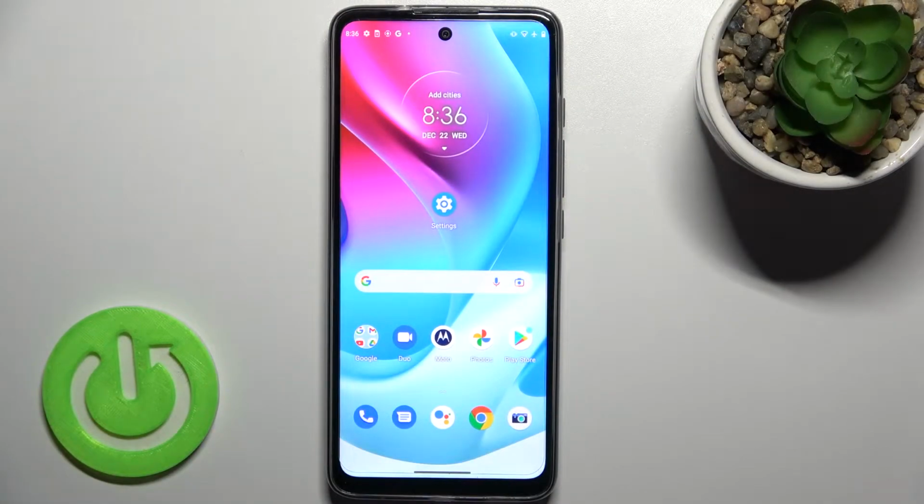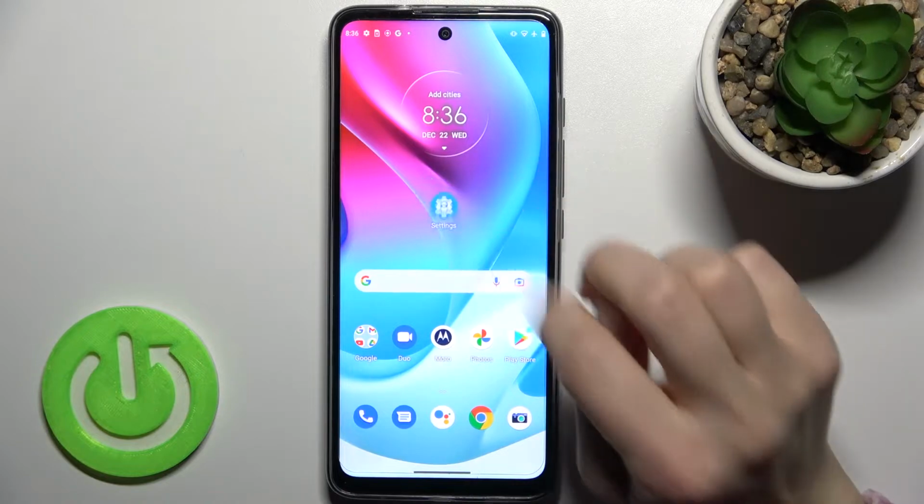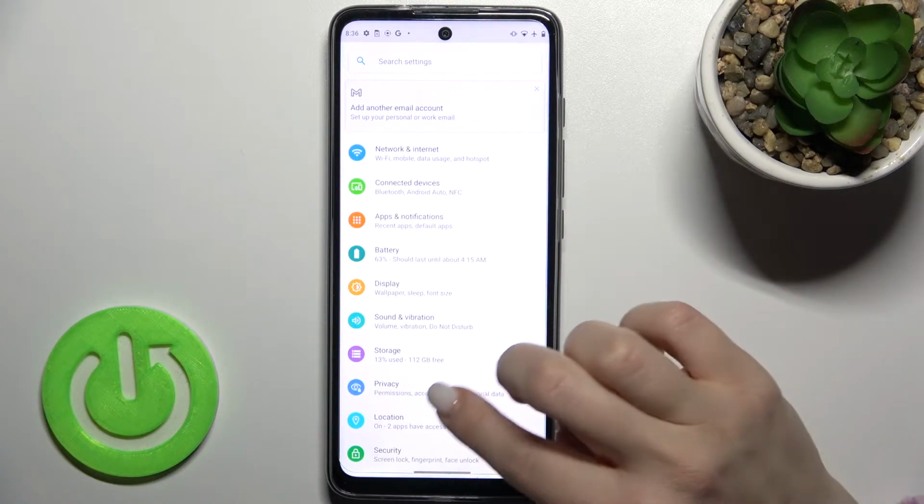Welcome. Today in front of me is a Motorola Moto G60S, and I'll show you how to switch the browser to the default one. So first, you should go to the settings application and